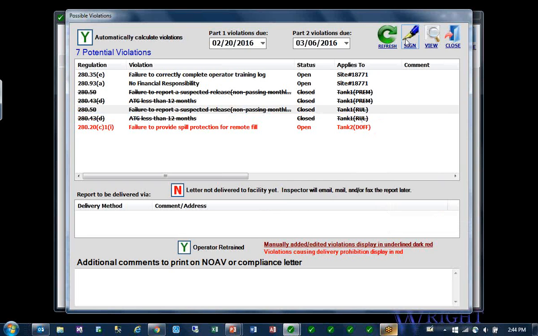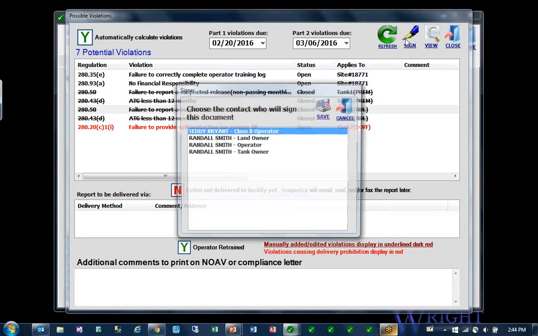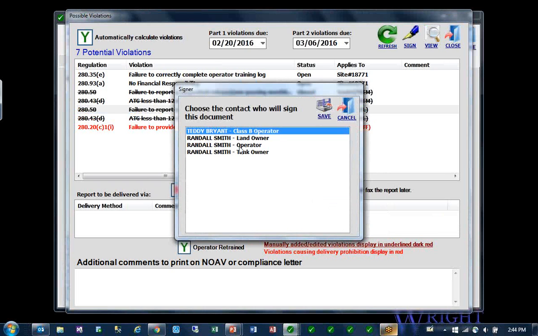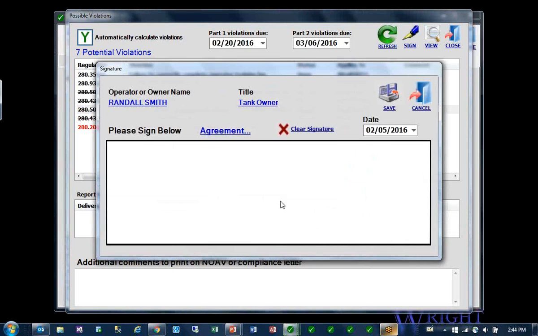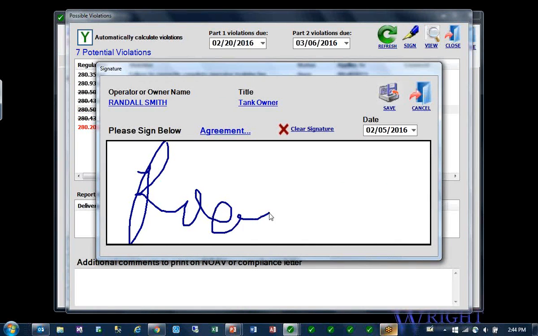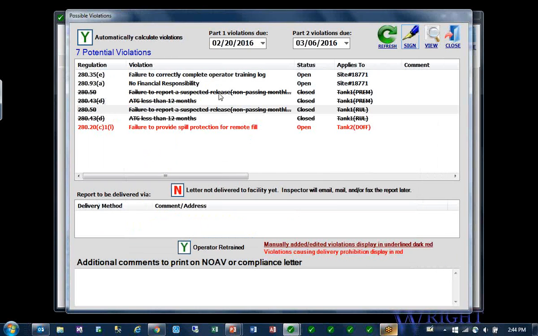And because that's a red tag violation, it's cited that way as a red tag violation. So in the field, the South Carolina inspector would ask the owner to sign. Let's see, that guy's the tank owner. Why do some of those have strike-throughs through them? Because they're already closed, they have the strike-through, and they're closed because they had those 2 months of